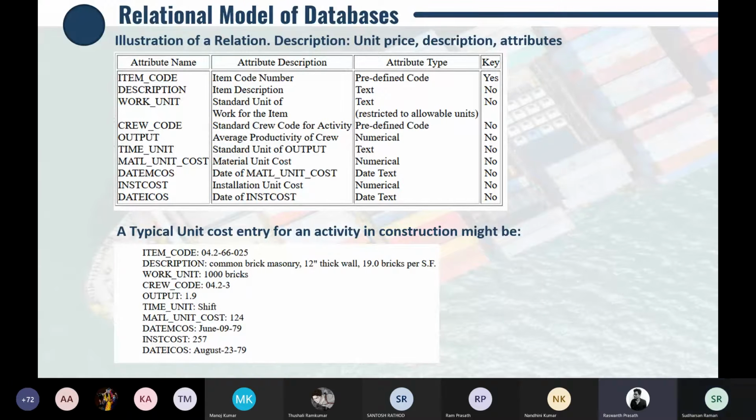Here the item code is 0.4.2/66/025, and crew code is 0.23. Here this 3 is defined as the third standard, and 0.42 is from the item code. This is called the relation model. It categorizes the item code and the crew code.